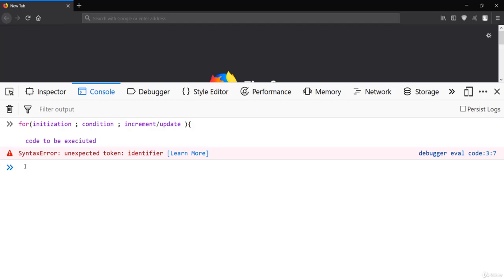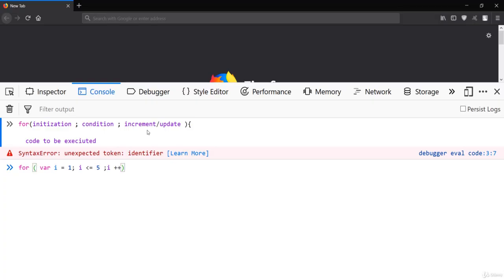Let's take a small example to see how the for loop works in real life. Let me create the script using this for loop. I said the first one is initialization, so let me create one variable and give its value as 1. This is your initialization, and basically you make use of the var keyword to create any variable. Next is your condition, same as we have done in the if else condition, and next is your update or increment.